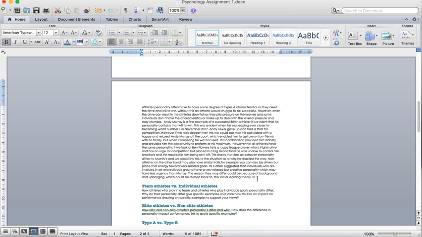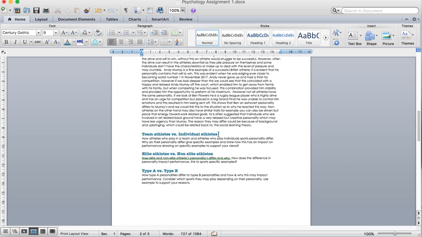social learning theory. And then you can go on and you can say more about why athletes and non-athletes differ, and make some judgments on that and link examples. Then you'd have to do the same approach with team and individual athletes, why they differ, how they differ. So you might say that more extroverted or type A people are team athletes, whereas type B people might be more individual athletes because they have to have a lot more focus, they can't rely on anyone else. So you need to talk about that.